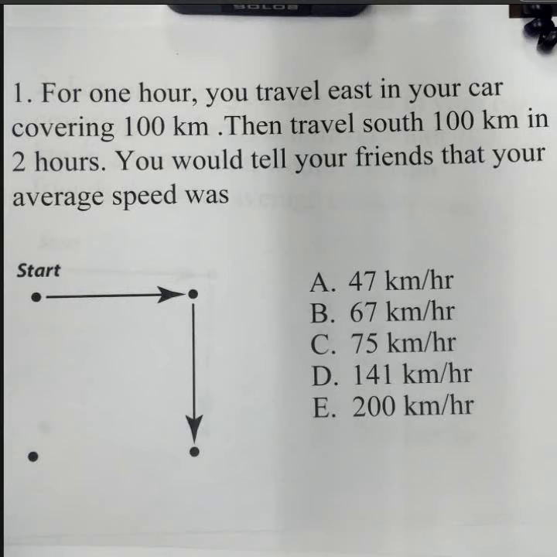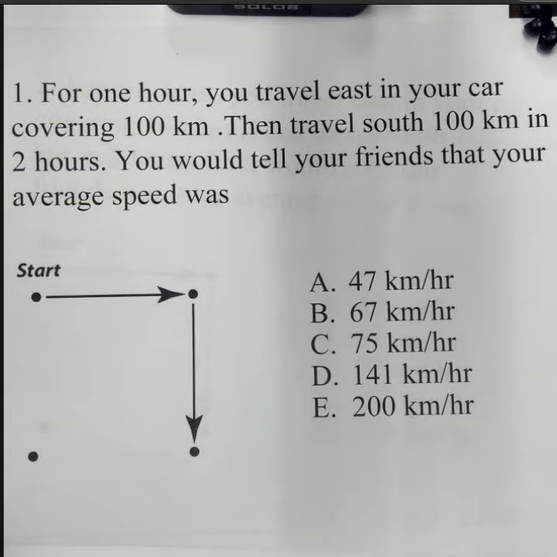I want to work through the solutions for your first vector practice problems. There are 7 of them, and we're going to go through them one by one. For 1 hour, you travel east in your car covering 100 kilometers. Then you travel south 100 kilometers in 2 hours. You would tell your friend that your average speed was, and then you have an option of A, B, C,